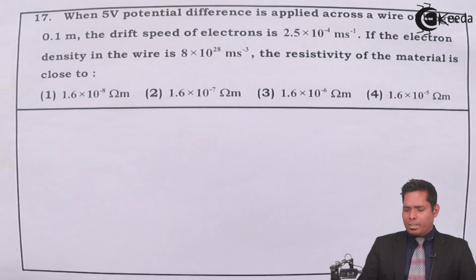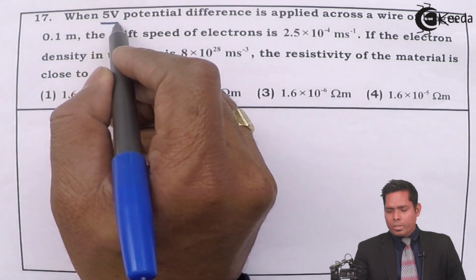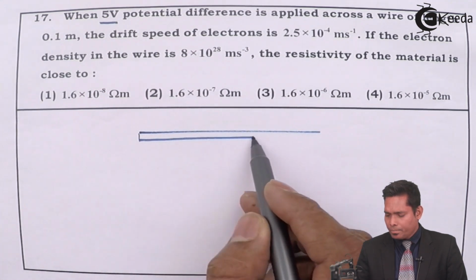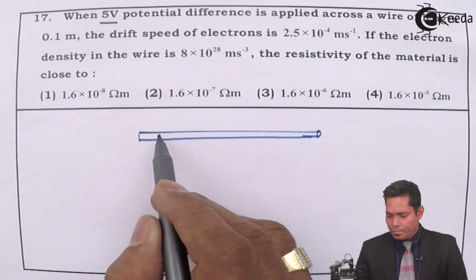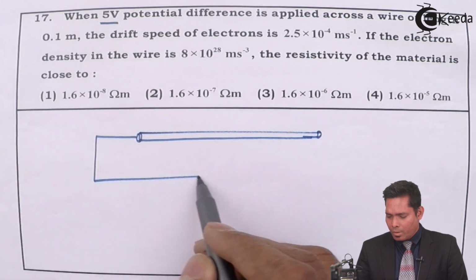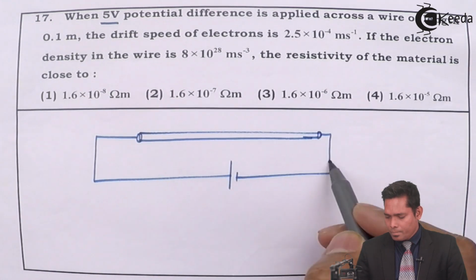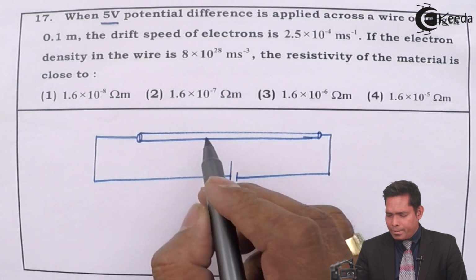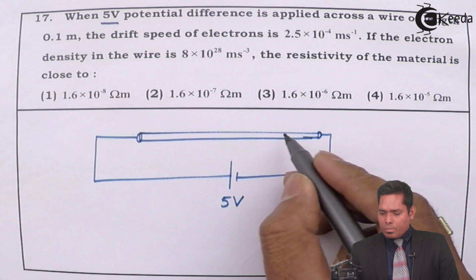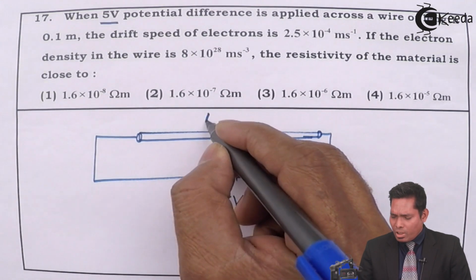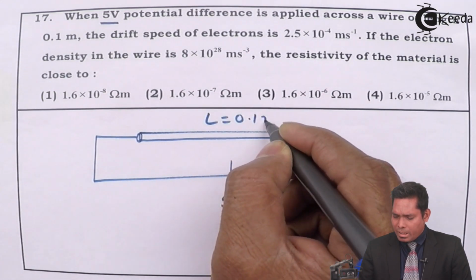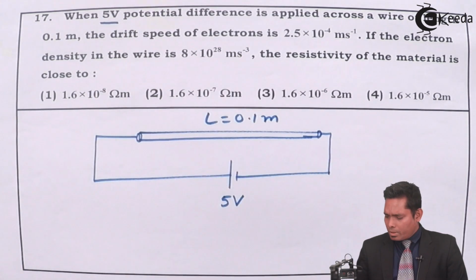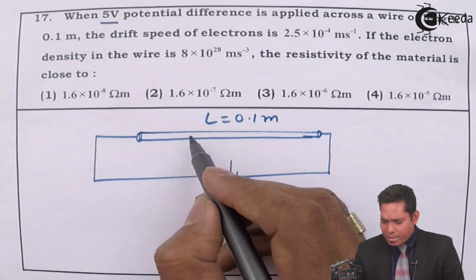Across the conductor a potential difference of 5 volt is applied, across this wire whose length is 0.1 meter. The drift velocity of the electron, because the electrons will be drifting inside